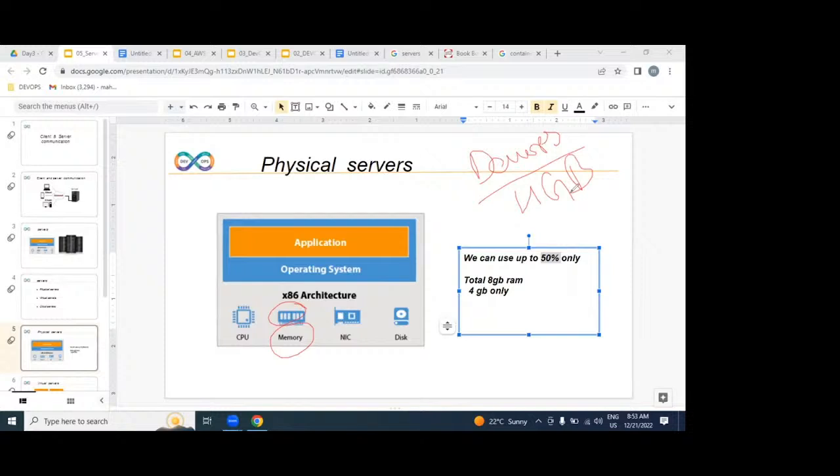While buying a laptop, will you buy only a 4 GB laptop or 8 GB? 8 GB. Why? Maybe tomorrow you're going to practice another software. Maybe you are watching movies, browsing, a lot of activity you want to do. At that time you can't do that. Am I right? Yes.